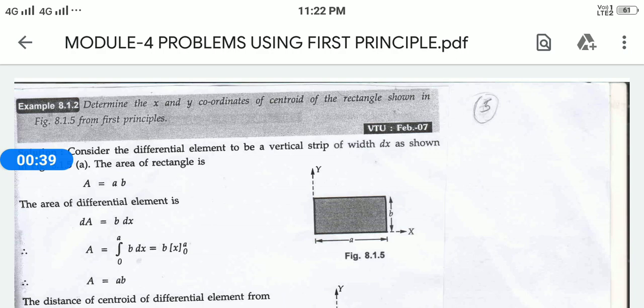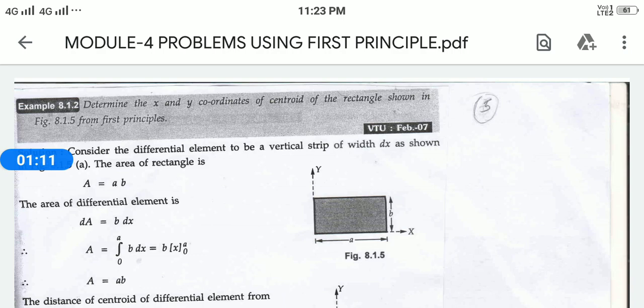I'll define one problem so that you can understand the basics. You can do the other problems related to that also. But this first principles will be theoretical, like this is the constant value sums. Whenever you go for the formula procedure, the values will be different. But when you use the first principle, it will be a constant thing. You can study it like this: if the rectangle comes, the answer will be this only. If the triangle comes, the answer will be this, because the answers will be constant.